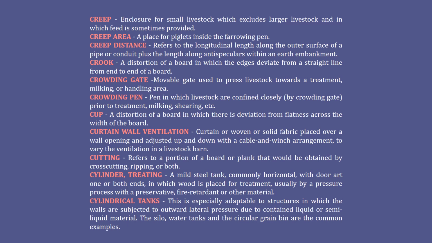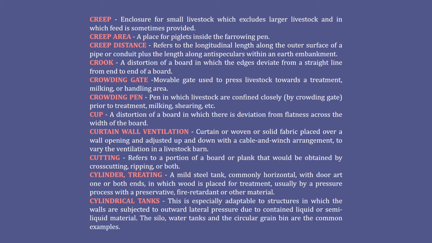Curtain wall ventilation: curtains are woven or solid fabric placed over a wall opening and adjusted up and down with a cable and winch arrangement to vary the ventilation in a livestock barn. Cutting: refers to a portion of a board or plank that would be obtained by cross-cutting, ripping, or both. Cylinder, treating: a mild steel tank, commonly horizontal, with door at one or both ends, in which